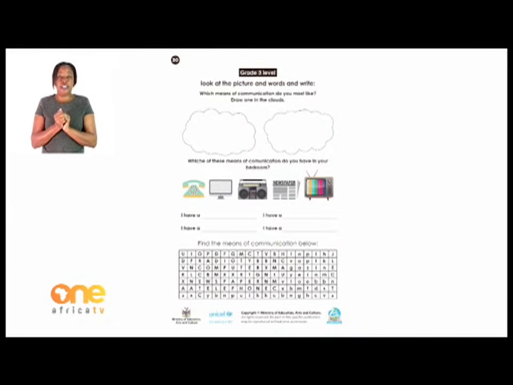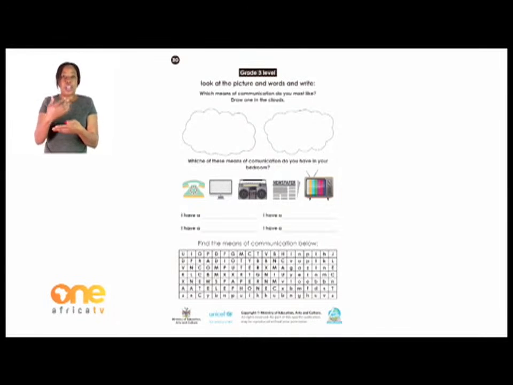So which one do you have? Do you have a computer in your room? Remember nowadays, most of the people don't use computers, but they have laptops at home. So if you have a laptop, it's the same as a computer. So you can say, I have a computer, because a laptop also can be referred to as a computer, but the laptop you can walk around with. Okay, so you just have to fill in here the names of those ones that you have in your bedroom,